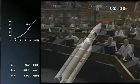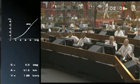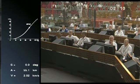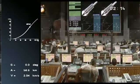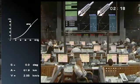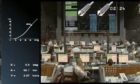Alex, take a look on the upper left screen. Can you give us a description of the curve, please? Yeah, we see the simulated flight trajectory, which is computed by using very accurate mathematical models of the launcher and the ATV, and by application, of course, of the Keplerian laws for the ballistic phase. Which we're going to hear about a little later. Yeah, a little later. All 3 of them. So the Mach, which follows...